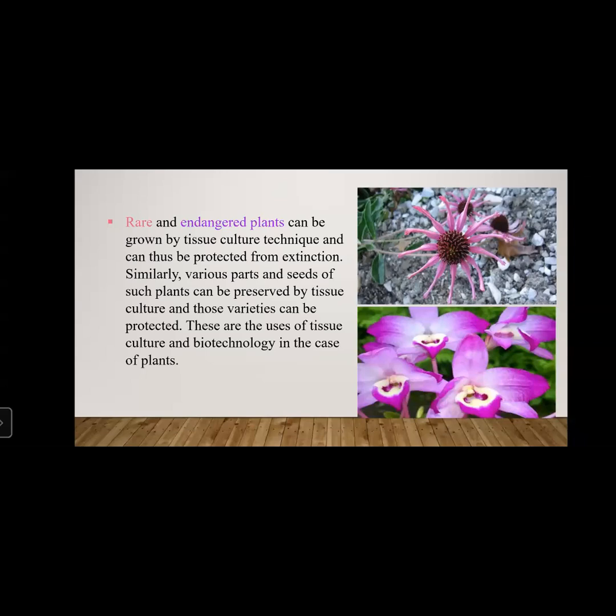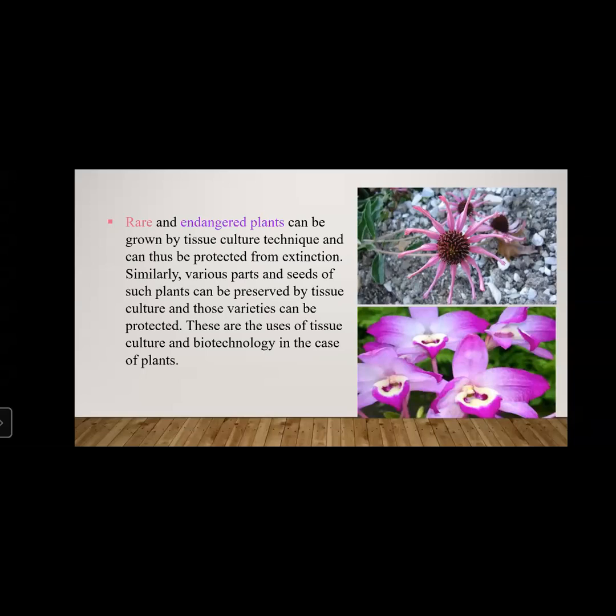The best example for this is test tube babies, okay, where they are used. Now this tissue culture technique is used for production of disease-free plants, for production of the plants which are rare or endangered, that is for conservation of